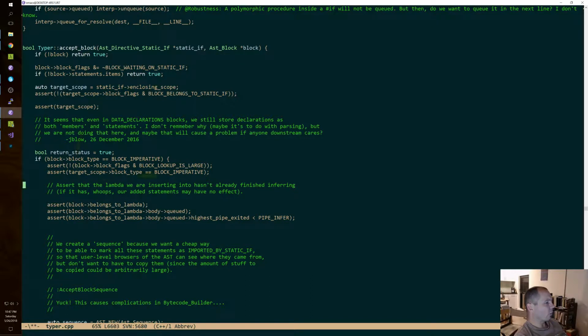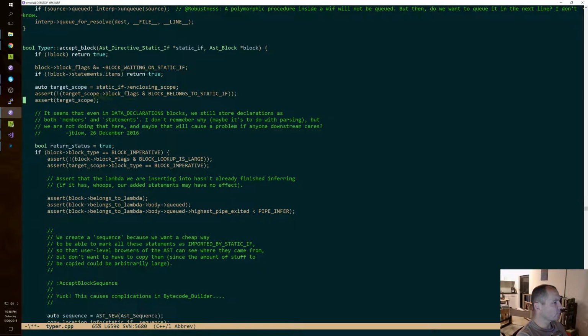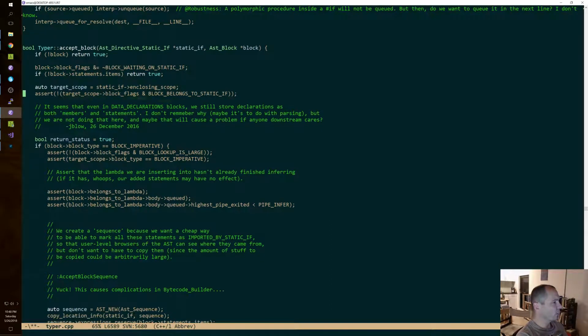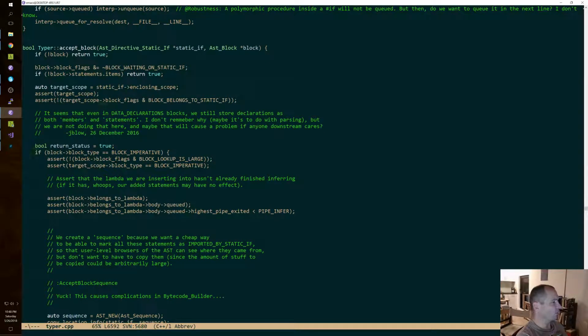Oh, block is what we're accepting. Okay. I should put the assert that target scope is true before I dereference it.